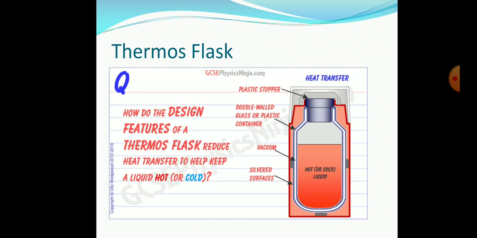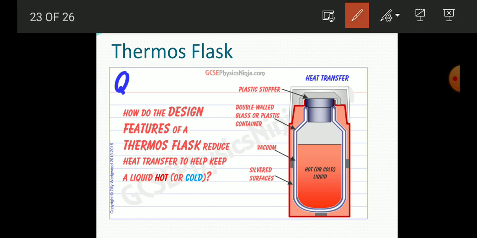So here the last topic of this chapter is the thermos flask. Students, I think you have used this flask many times. So how does it work, let us find out. Before starting, let me remind you what an insulator is. The very first example of insulator you have studied is the vacuum. Vacuum is the place or condition where nothing is present, no air is there, no liquid is there. So that is the vacuum.